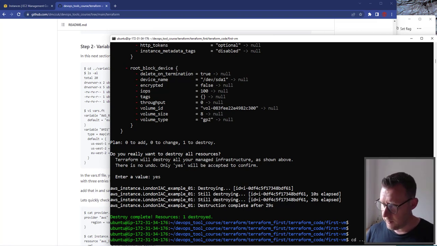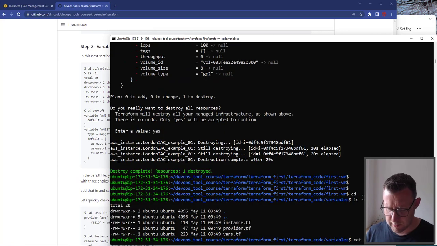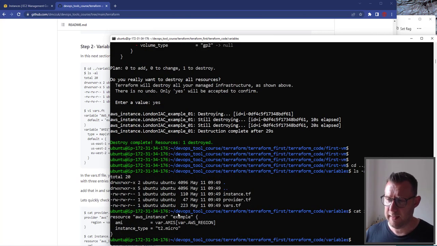Okay, so let's go back to variables. cd into the variables directory, and we've got a couple of extra files. In the instance.tf, we can see it's using the AMI from this variable, and the region, and then there's a T2 micro here. And we've also created a providers file,